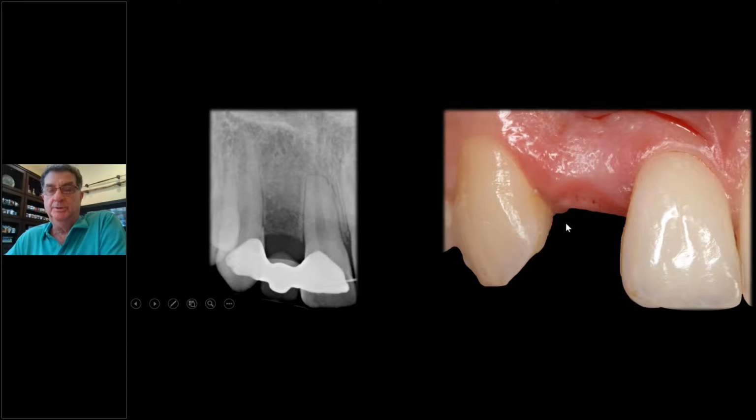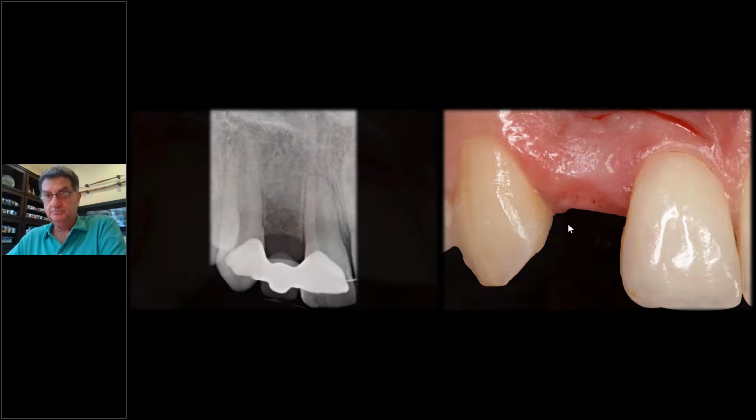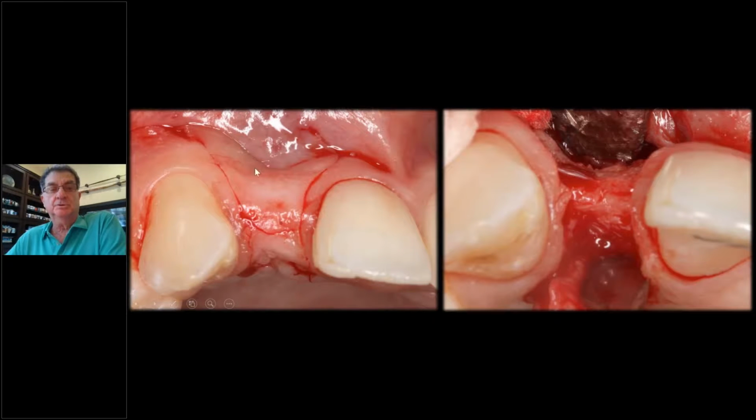Mid-facial, you can rebuild, as long as the height's there. So here's the depression, as you see now. Now this is what a papilla sparing incision looks like. I know he talked about a keloid, but it's really not a scar, it's a depression. Gingiva does not scar.